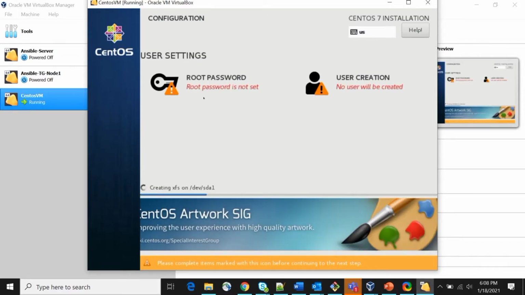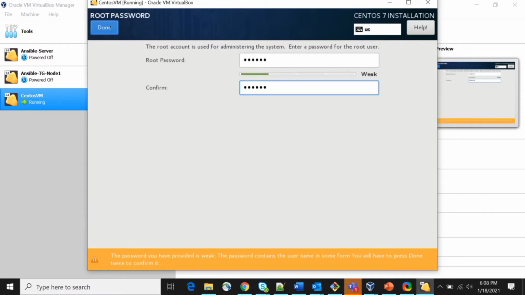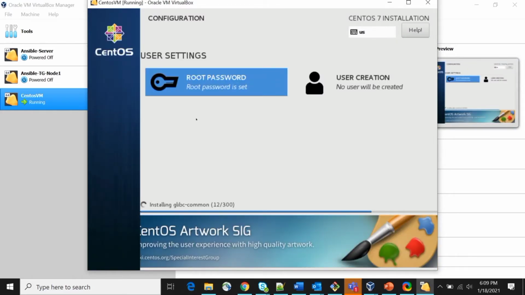During the start of the installation you need to input the root password. I am giving one simple password here. And obviously you can also create some normal users here using this option during the installation. Later on you can do the same thing, no issues. It is going to take approximately 2 to 5 minutes, so I am skipping this part of the video.